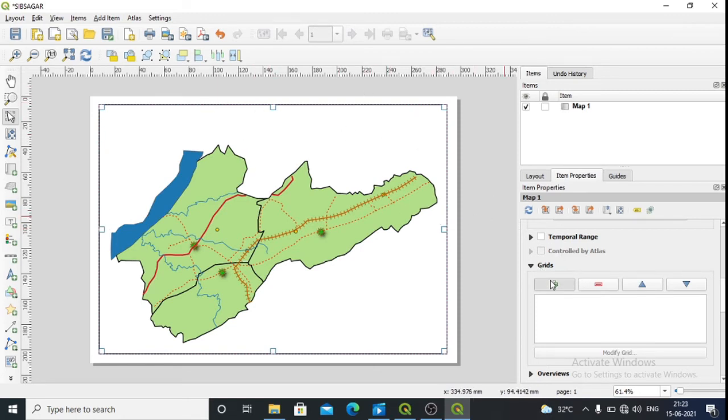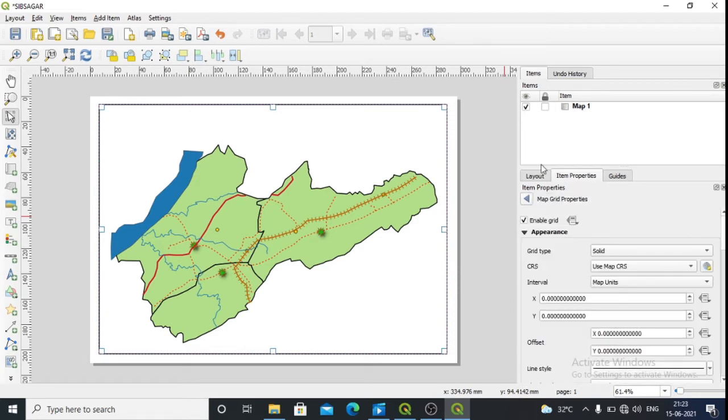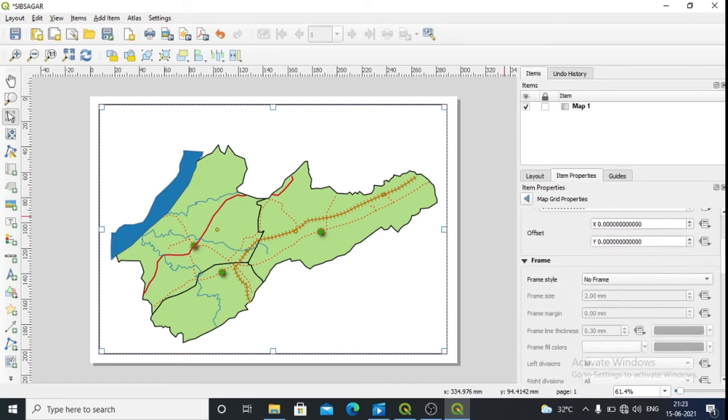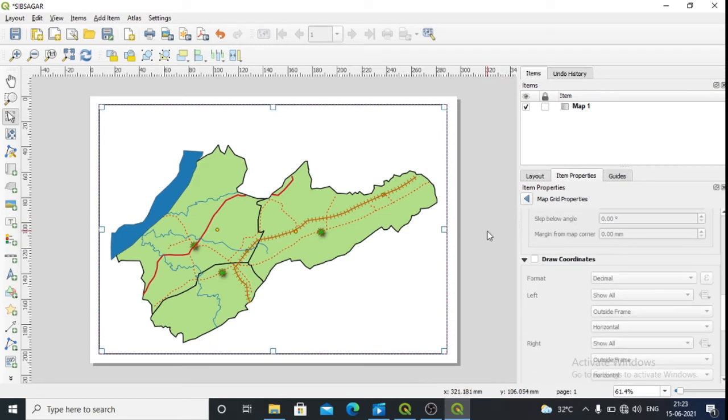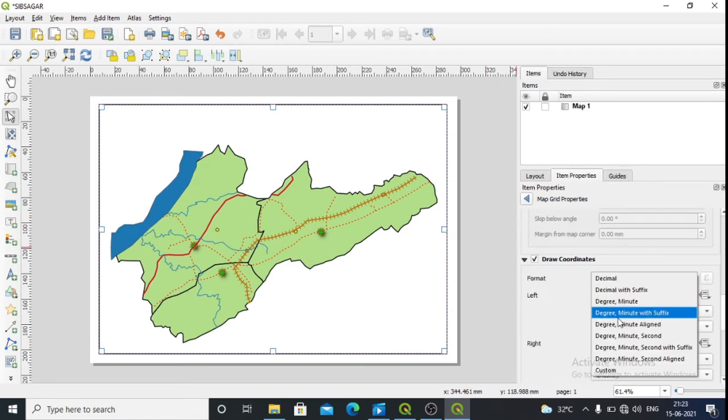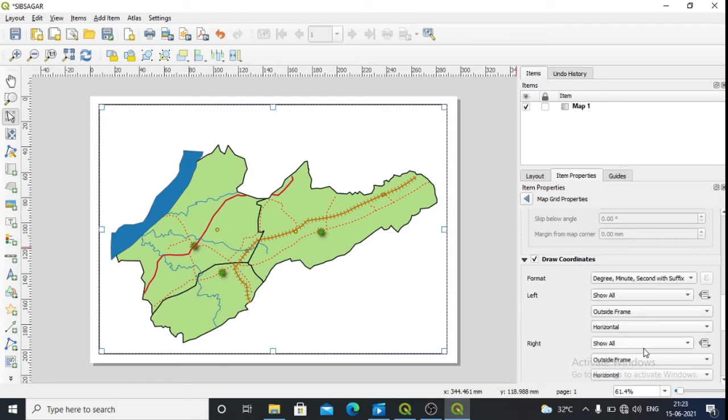So grid has been added, plus, then grid 1, modify the grid. Here I increase it to change the frame and annotation. Then click on draw coordinate. Which format do you want? I want degree, minute and second with suffix.